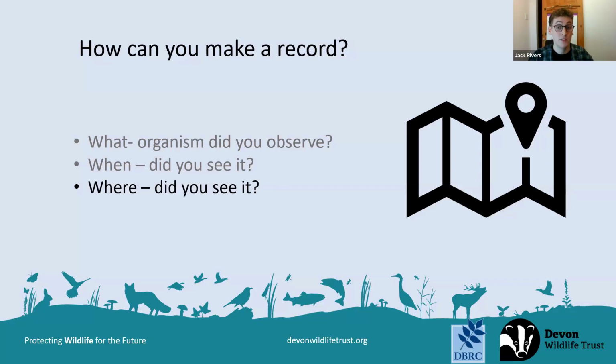So this can be used to map the range of species, which is essentially all the areas they occupy. And this could then be flagged up in any planning requests, which can be really useful. A common example of that would be great crested newts scuppering a development because they're recorded in a local pond. However, the information can also be incredibly useful for research and conservation, and it can help to highlight connectivity